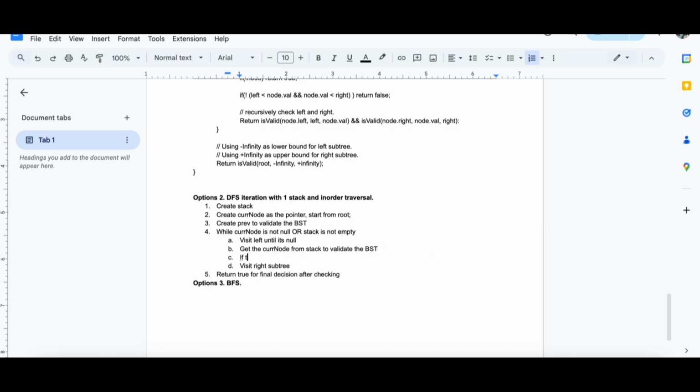On here, if the previous is not null and current node.value is smaller or equal to the previous.value, return false, because BST is supposed to have increasing values when we do in-order traversal.